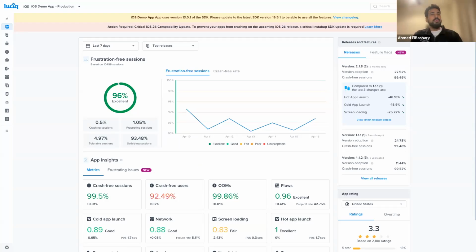You've heard Kenny and a couple of our customers talking about the agentic part and the focus on AI. So today I'm going to focus on the AI part of Luciq and how we help our customers save their time and not waste it on any latency or any issues that happen on the app. First things first, I wanted to talk about the high-level view of things when it comes to Luciq